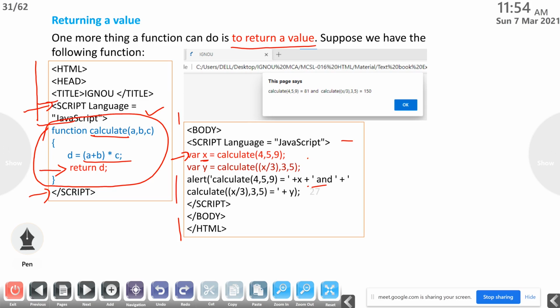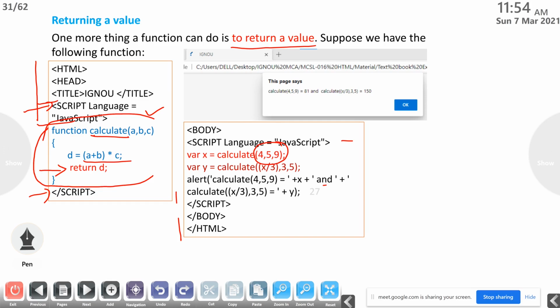So x equal to calculate of 4, 5, 9 means from this function calculate, one return statement is there, and one value will be returned from that function, and the return value will be stored in the variable x. Okay, and in that function we have to pass three arguments.